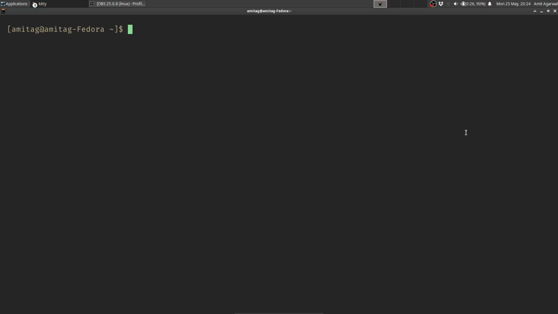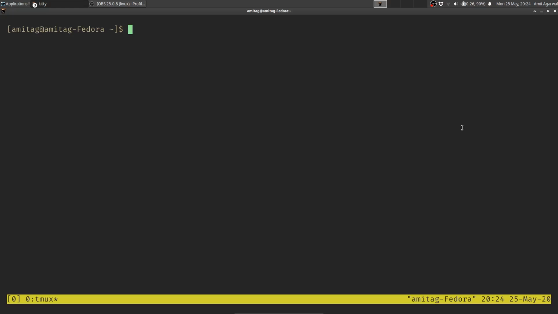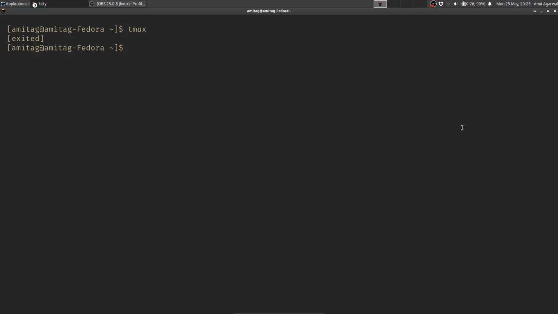So today I am going to show you a very small and neat trick which will definitely help you. It's not a big deal to do this, but once you do this, you will start loving it immediately. The trick is when we open Tmux, generally this is the status line that you will see. But this is completely customizable.